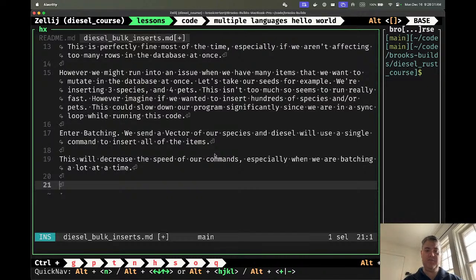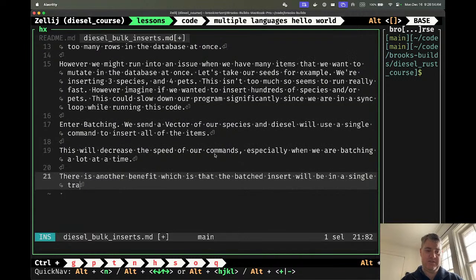Okay, so this will decrease the speed of our commands, especially when we are batching a lot at a time. There is another benefit, which is that the batched insert will be in a single transaction. This means that, oh, okay, I should probably just say what transactions are. So transactions are... what do I want to say for this? Transactions are